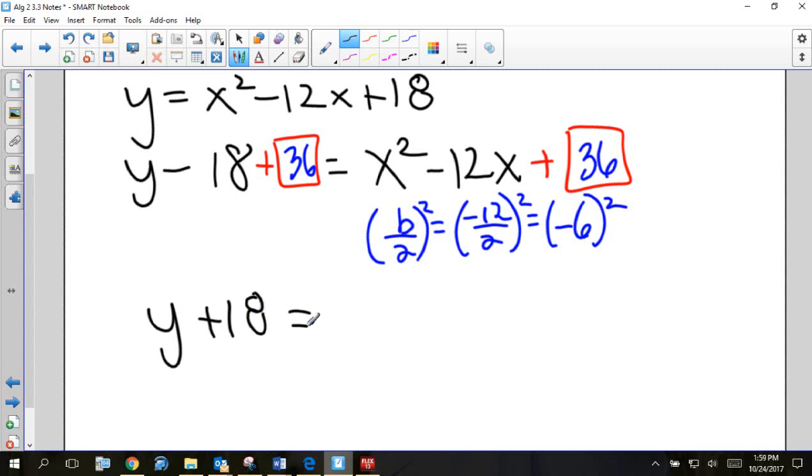What am I going to do on the other side? Zeta, what am I going to do on the other side? What did we do with the trinomial yesterday? Do we want to help her? Carly? You factor it. Yeah, you factor it. And how are we going to write it? Something that is